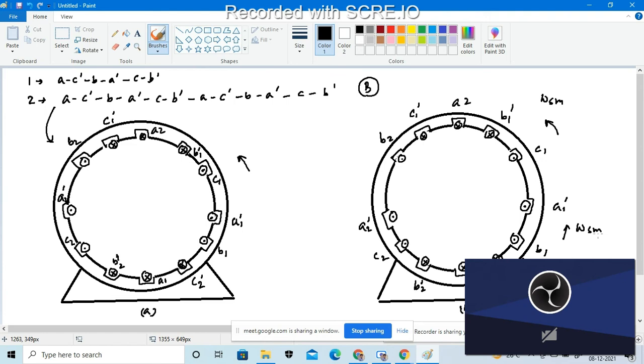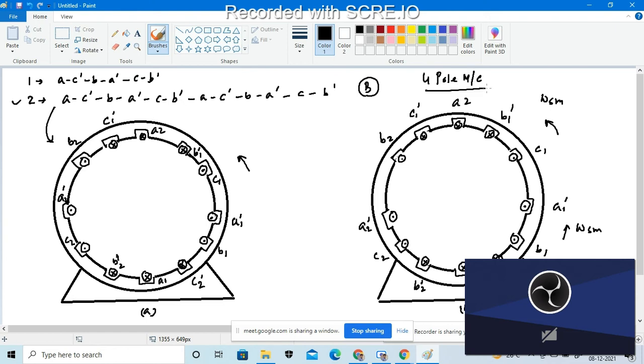So in that case, how many windings will be there? 1, 2, 3, 4, 5, 6, 7, 8, 9, 10, 11, 12 for the four pole machine. And for the two pole machine, how many windings? That means six. That means double. That means we are doing that twice, dealing with the twice pattern. So that is why the windings will be increased, and as it moves, the pole rotates. So we are considering a four pole machine.